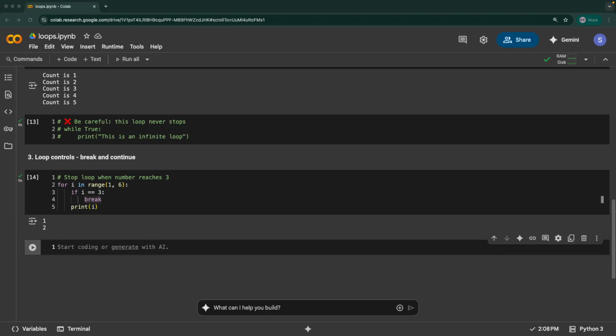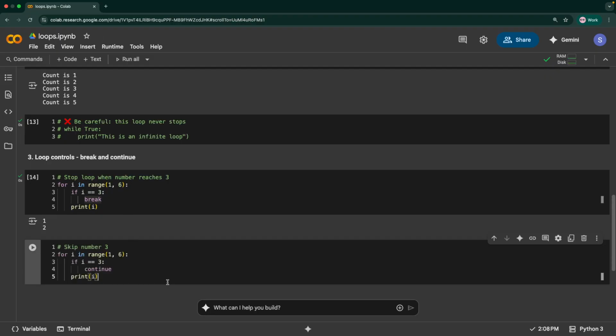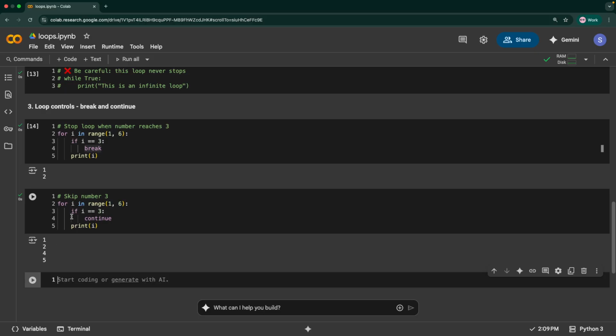So you use continue when you want to skip a particular step but not the entire loop. So in this case, if you see, once 3 is reached, we are not running it for the other numbers 4 or 5, but let's say you want to do a similar thing, but you don't want to break it when it reaches 3. You simply want to skip 3. In that case, instead of break, you would use continue. So this would print 1 and 2. When i is equal to 3 comes, this would skip the lines that are present in the loop after this continue statement. So continue basically skips whatever comes after that in that for loop. Okay, so that's how this works.